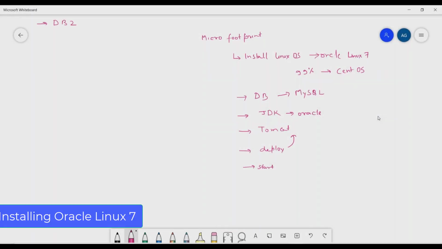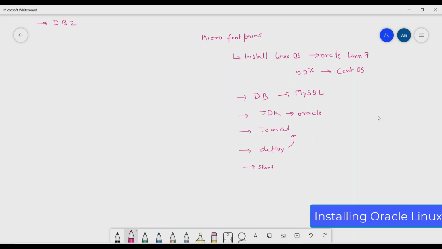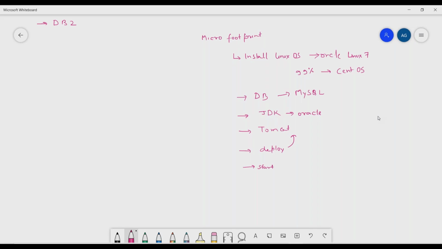So let's start with the first step, that is how to install the Linux operating system. If you want to go with CentOS, you can do that. If you want to go with Oracle Linux 7, you can also do that. So the first thing, we need to download Oracle Linux 7. In order to download Oracle Linux 7, what we need to do,